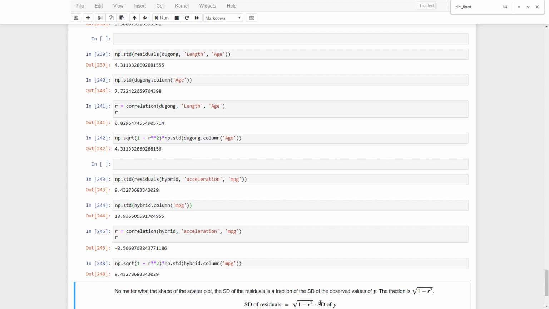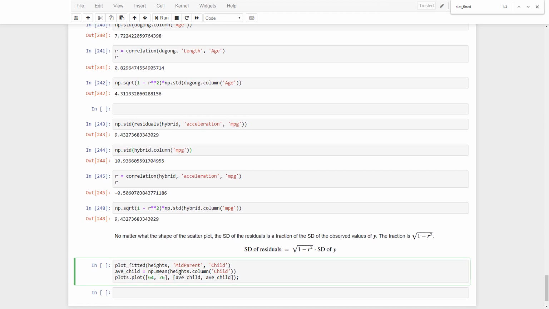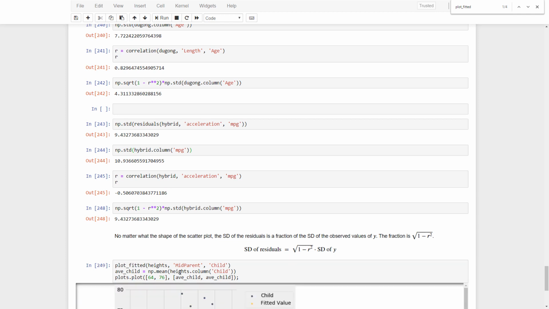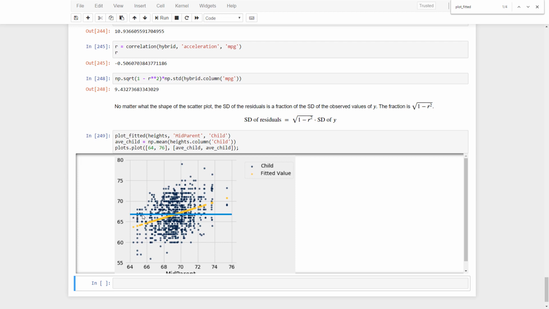So there is no errors at all, which means that it is perfect matching, and that's why the correlation is 1 or minus 1. Now let's check the case when R is 0 or when R is between 0 and 1. To do that, let's use the heights dataset again, and let's plot the scatter plot and also the average